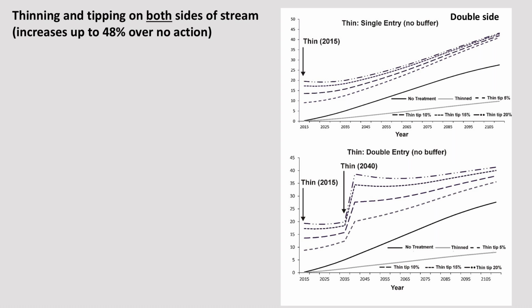The interesting thing is I mentioned that the treatment was only on one side of the stream. So what if you treated both sides at the same time with the same activity? It's a huge effect, right? So you double both losses and you double gains. If you double the loss, it's a big hit on the stream wood and on the habitat. But if you tip on both sides at the same time, you can put up to 50% more wood in